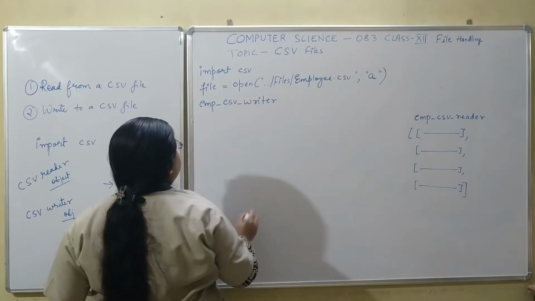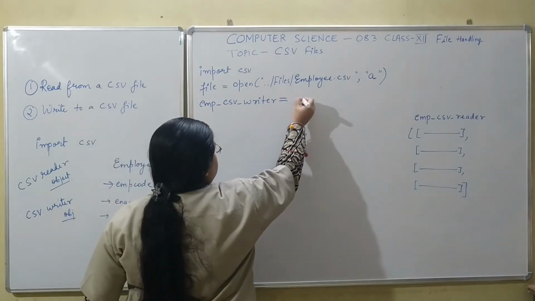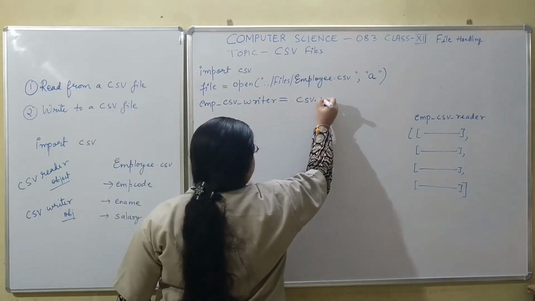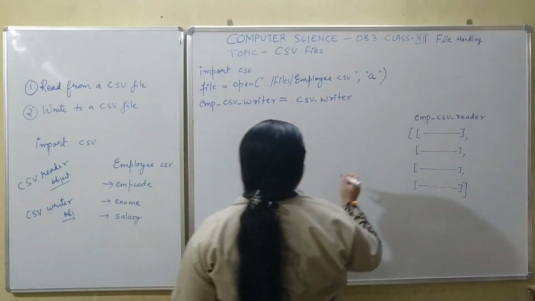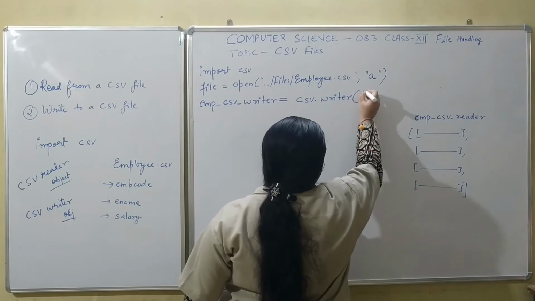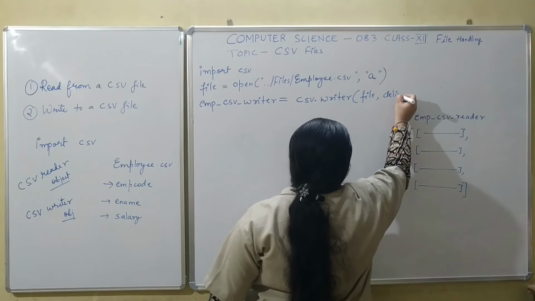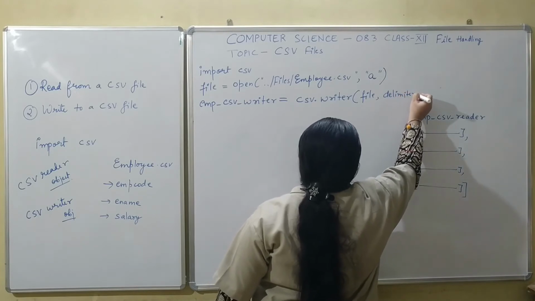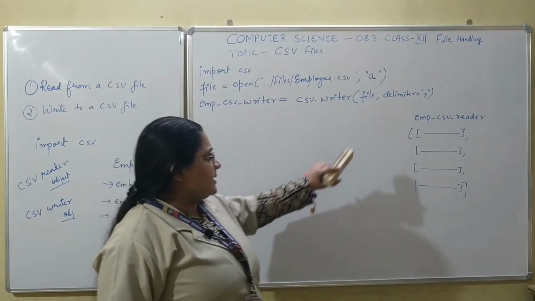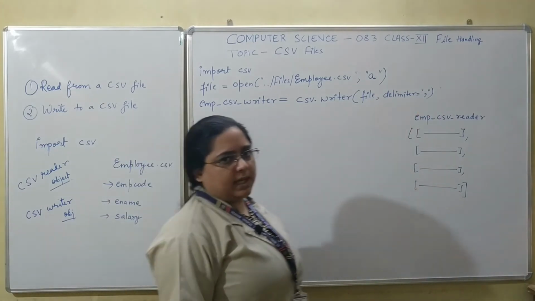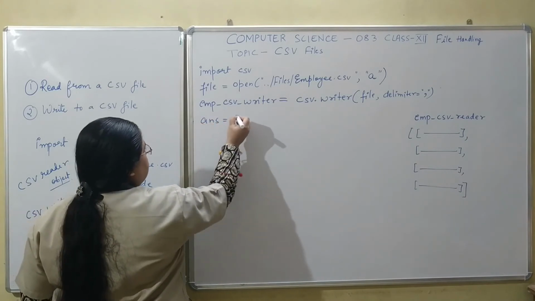Suppose I have named it emp_csv_writer equals csv.writer. Provide the name of the file object. After the comma, provide the delimiter as comma, which says that after every field value a comma has to be inserted. Now we will take ans equals Y,